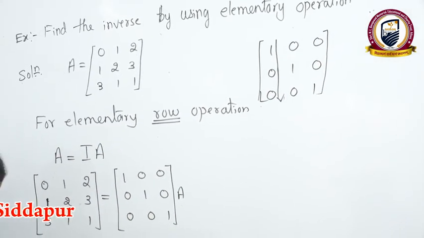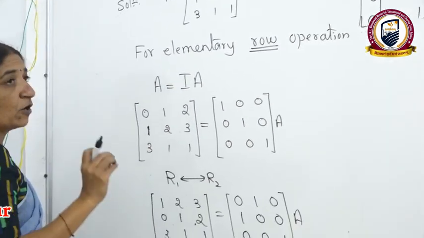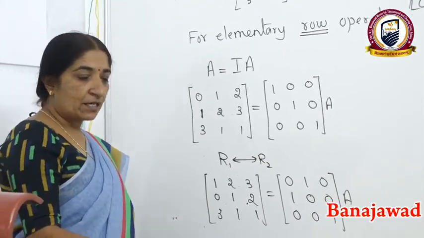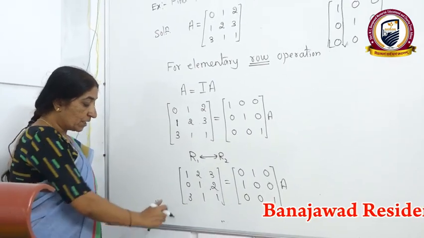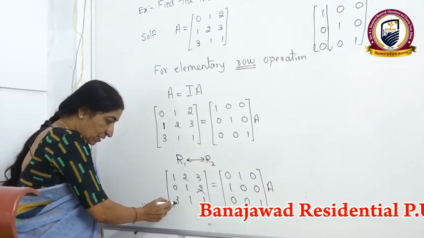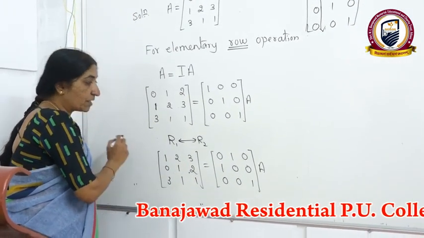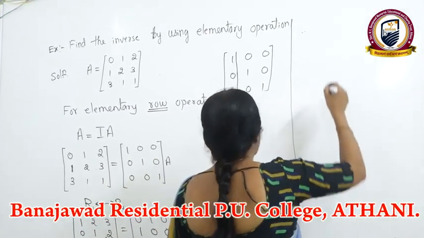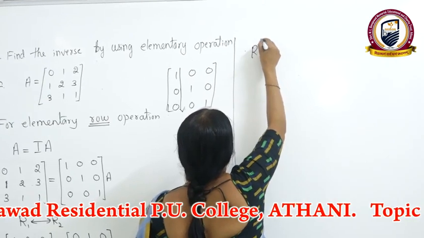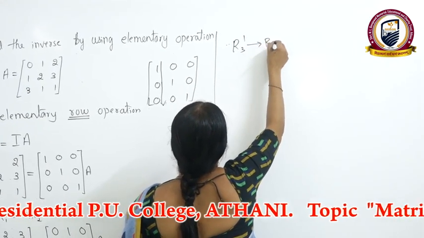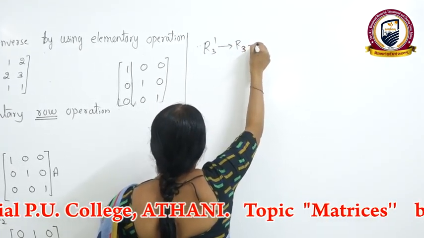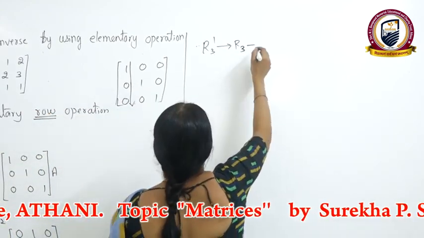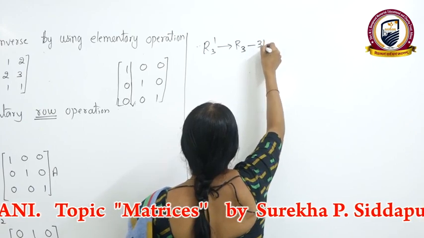Next, we have to make 3 as a 0. The operations will be similar as we did in the previous. Only thing, it is of order 3 by 3. See, 3 is present in the third row and it is a plus. Then what are you writing? We are writing R3 dash, third row. The first number will be R3 plus, minus, because it is a plus 3. We have to write the opposite sign, and the same number is multiplied with R1.